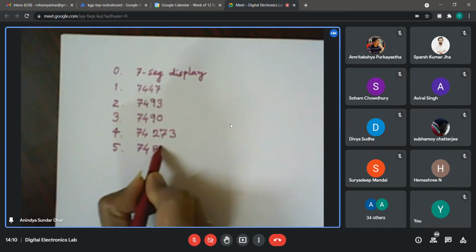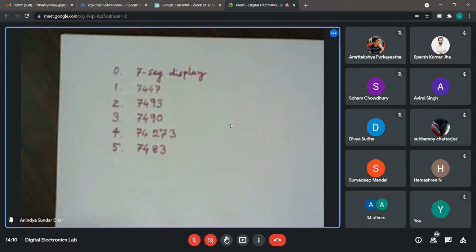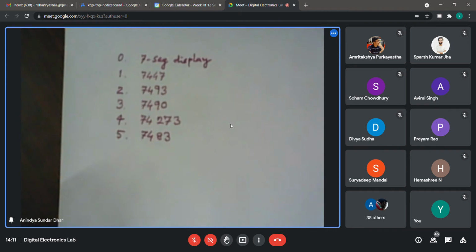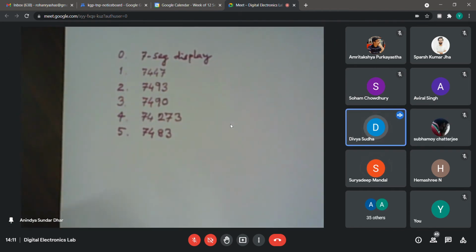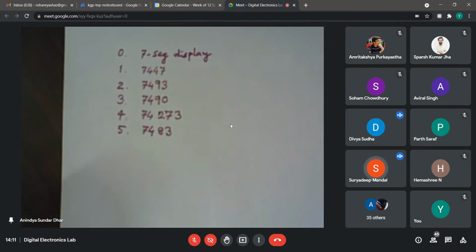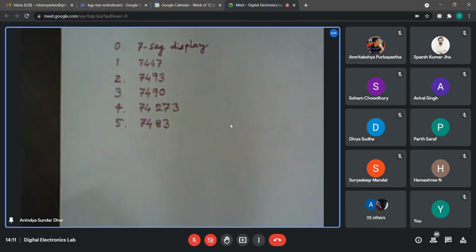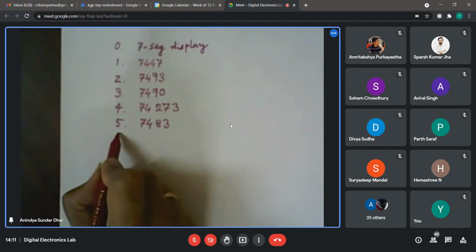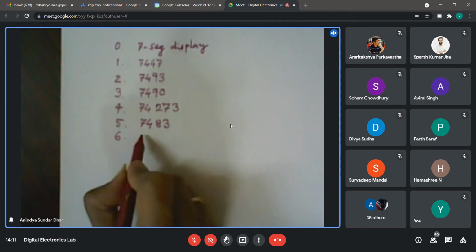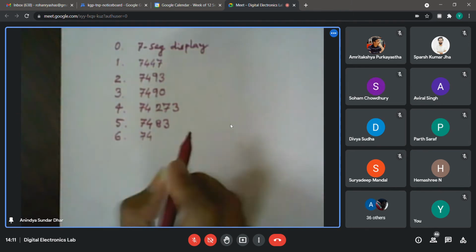What is that? Do you recall? The adder. No, 7483 is the adder. Any other IC that you have used maybe in the same experiment?